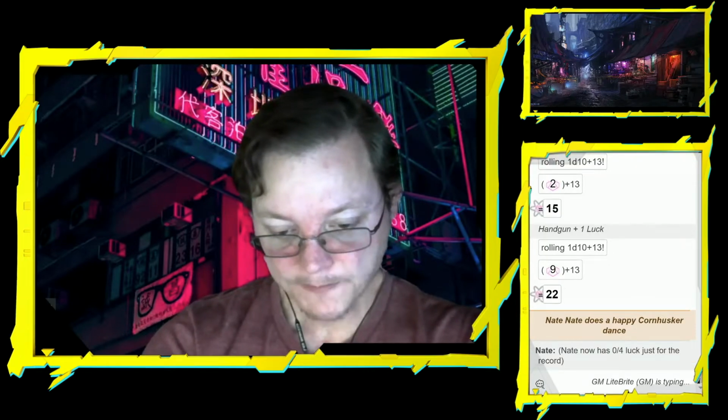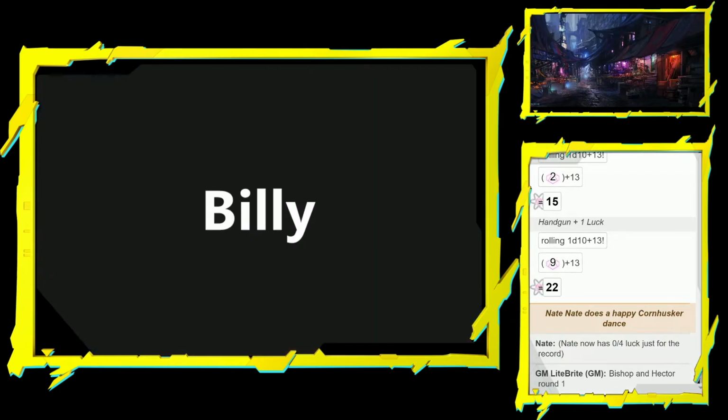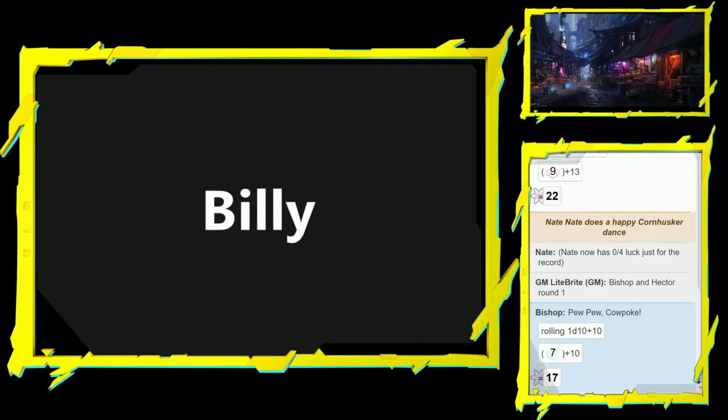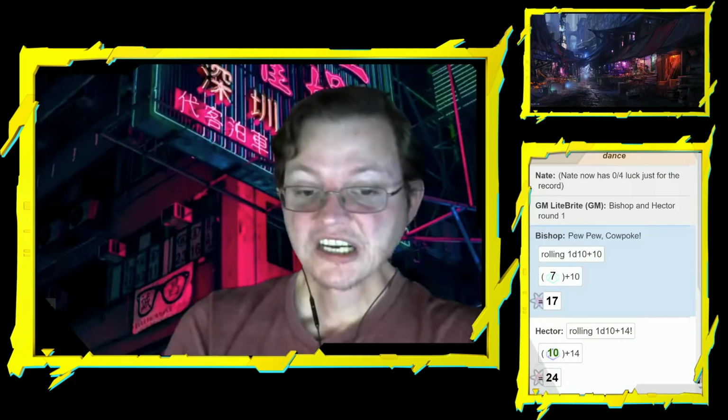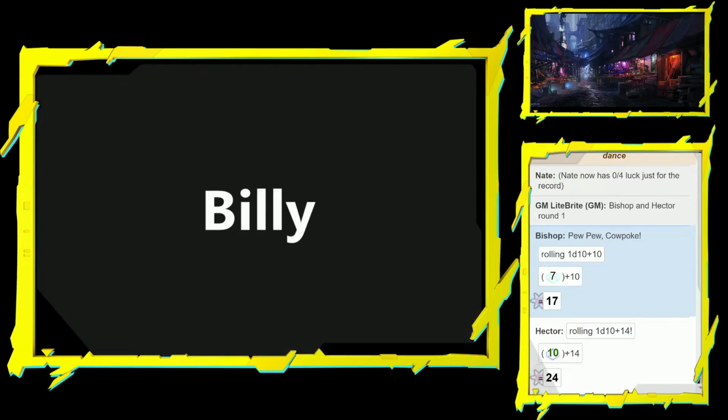Bishop and Hector, Round 1. I just created a macro, but I didn't even think about the luck, so now I'm gonna use a point of luck on my first shot. Okay, and so we're just gonna add 1 after the fact? Please. Okay, no problem. So I need to roll a d10 again. I don't know why it didn't...